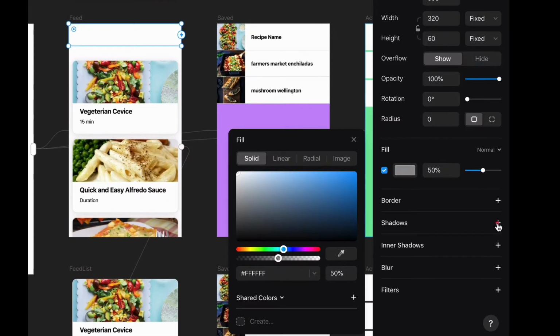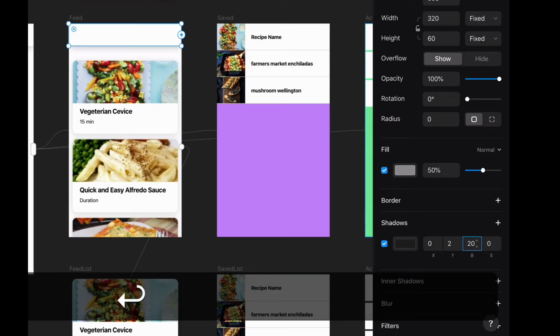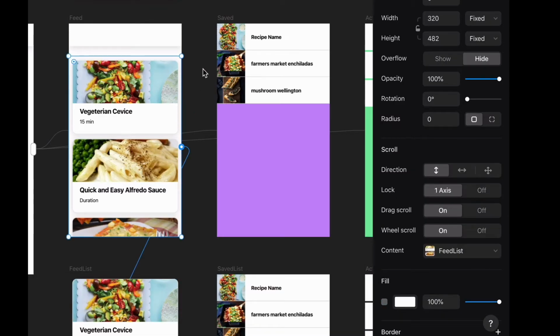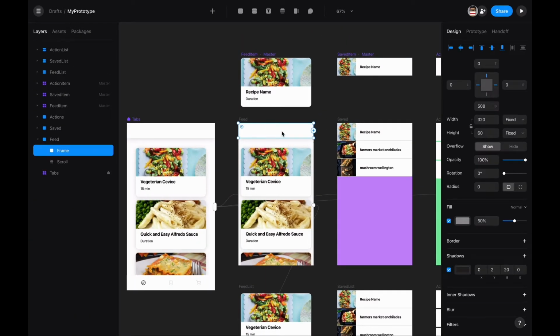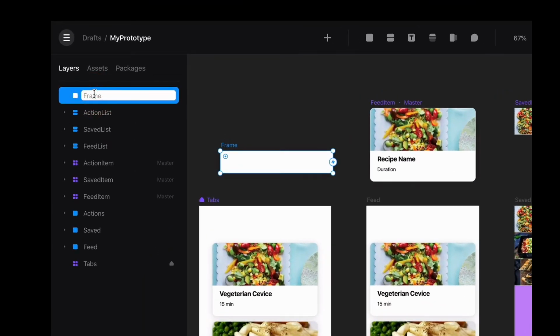I'm gonna give it also a shadow, a blur of 20. We're gonna have it a little bit more elevated. So almost immediately I will take it out of here. I will make it full white. I will rename it top bar,